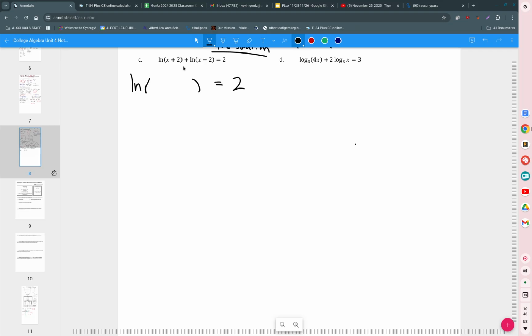Natural log of x plus 2 times x minus 2? X squared minus 4. Another situation where we have conjugates, we multiply them and the middle goes away. I will now create a base of e. And I get x squared minus 4 is equal to,